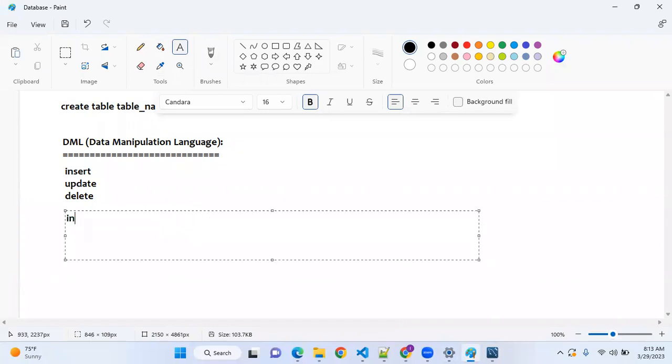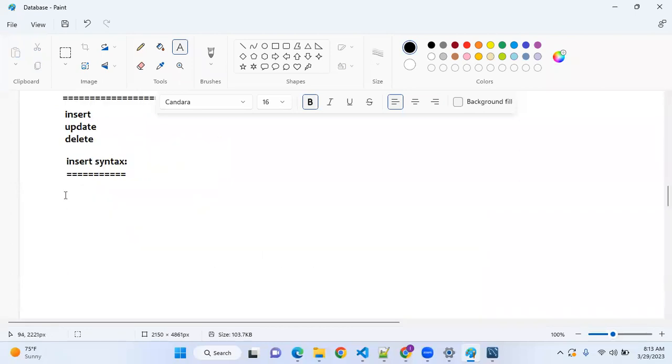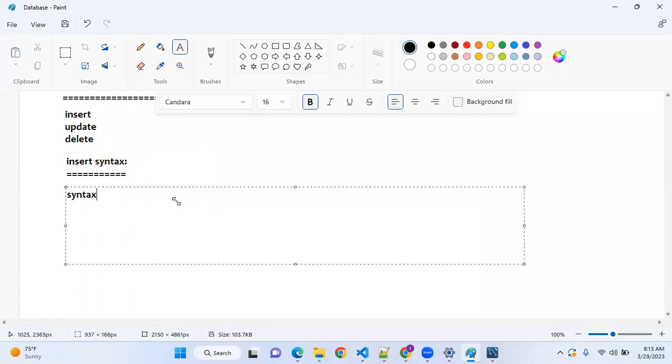So the insert query. Syntax for the insert query, guys. There are two syntaxes for the insert query. That's something interesting, I'll show you. Syntax 1: insert into table name, column names: column 1, comma, column 2, comma, dot, dot, dot.